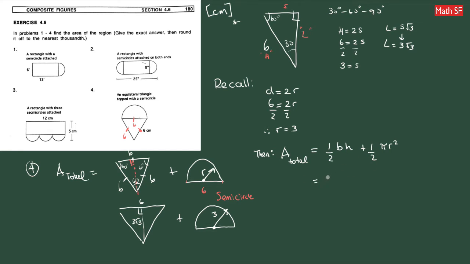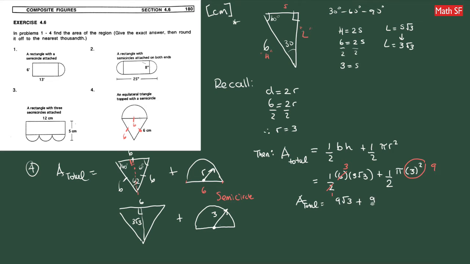Now, we have every information here. 1/2, base in this case is 6. The height is 3 root 3 plus 1/2 pi r squared, which is 3 squared. Now, this 3 squared happens to be 9, so just keep that in mind. And I'm going to reduce here. 2 goes into here once, 2 goes into here 3 times. So the total area is going to be equal to 9 root 3